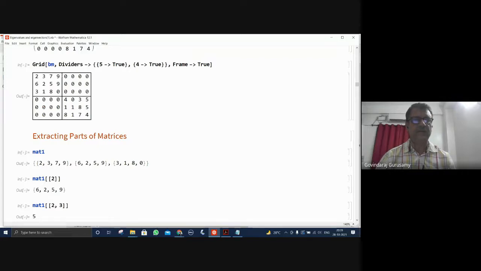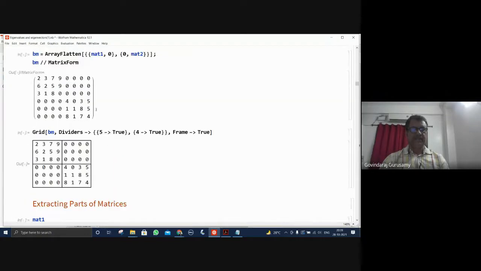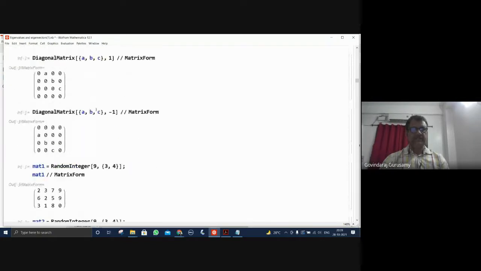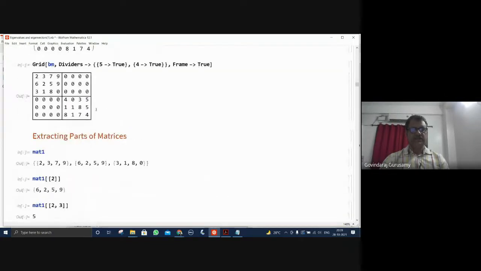You have the first part of it is this. This is the second part. You can put it in this form. So you can see that zeros are separated, and the numbers, whatever is available as mat1 and mat2, are available for you. That's what happens with respect to these matrices, and there are several operations that are possible.